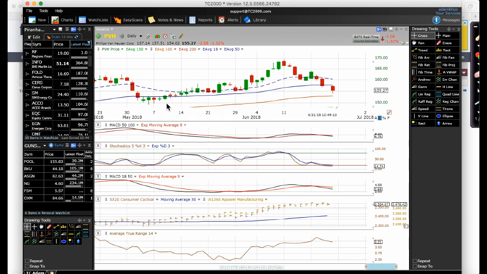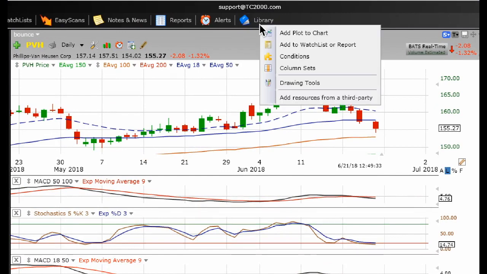Okay, and I'm going to show you how to create a custom scanner. I've actually showed it to you in the basic course, the stock trading basic course. So I'm just going to go really fast to show you how I input the PCF script for this breakout pattern. Okay, so first I go to library, click on library, go to conditions,